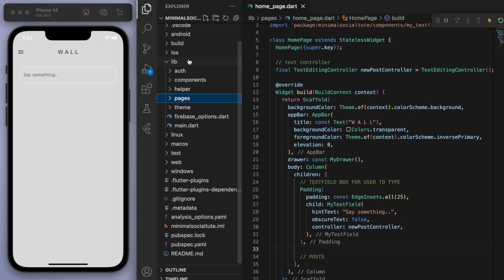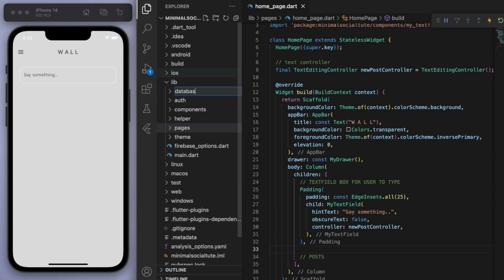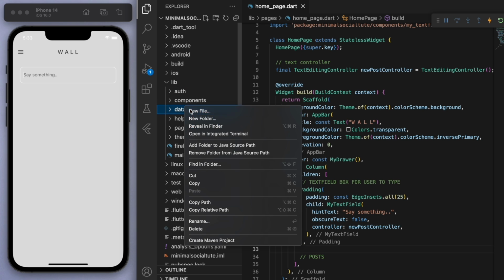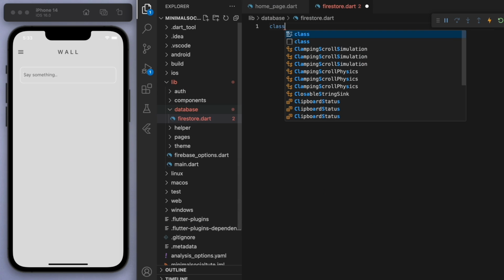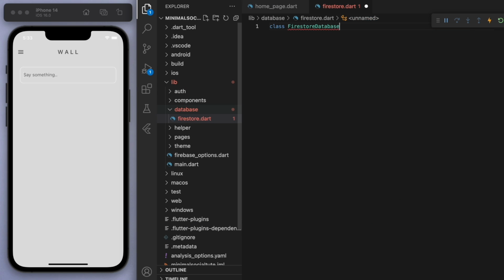Okay, so now when it comes to posting messages and retrieving those messages from Firebase, I'm going to create a new folder called database. And let's create a new file called firestore.dart. So I'm just going to separate out the logic from the UI as much as I can. So I'm going to create a class here called Firestore